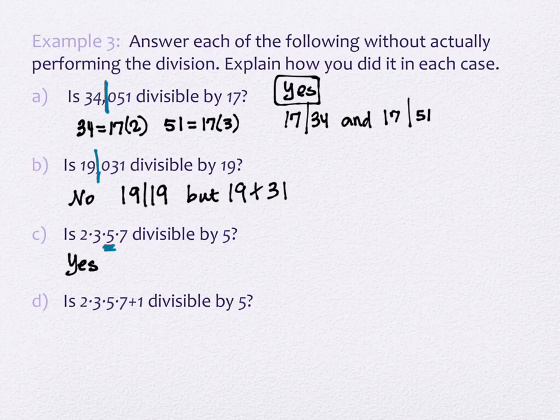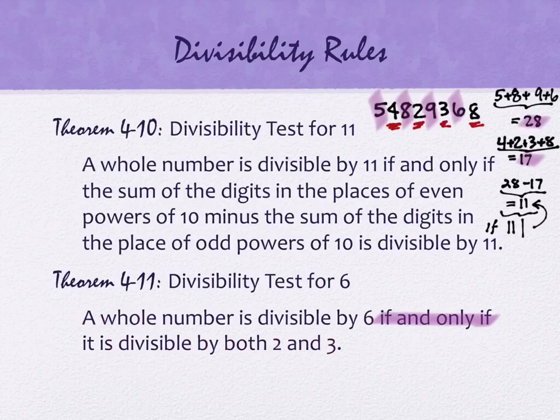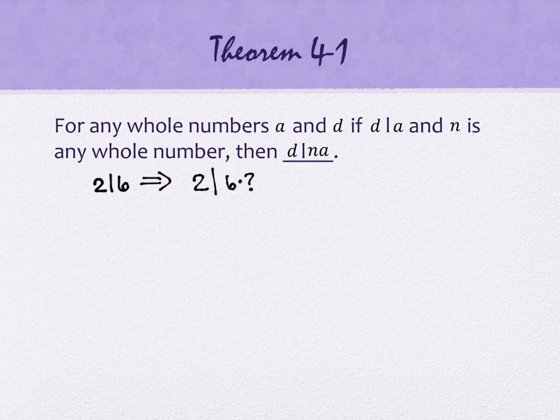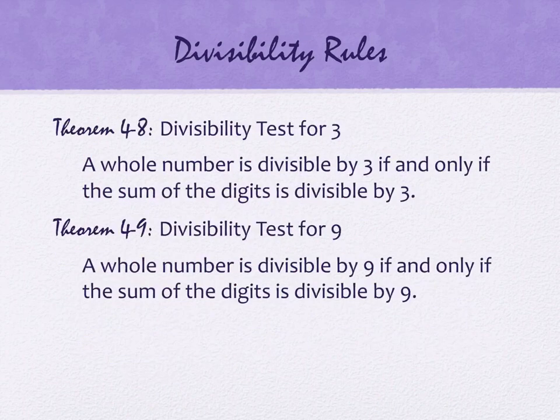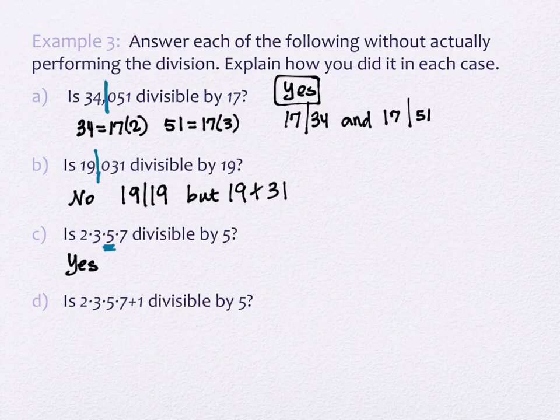When we talked last time, let me see if I can find the screen where I wrote it down. Yeah. We talked about some vocabulary. This was our screen where we introduced words like factor and divisor and multiple. And we said if 2 divides 6, that's what this first statement says, it means 2 is a divisor of 6 or it's a factor of 6. So 2 is a factor or divisor of 6. So if we're trying to decide if 5 divides 2 times 3 times 5 times 7, we can ask ourselves, is 5 a factor of 2 times 3 times 5 times 7? And the answer is